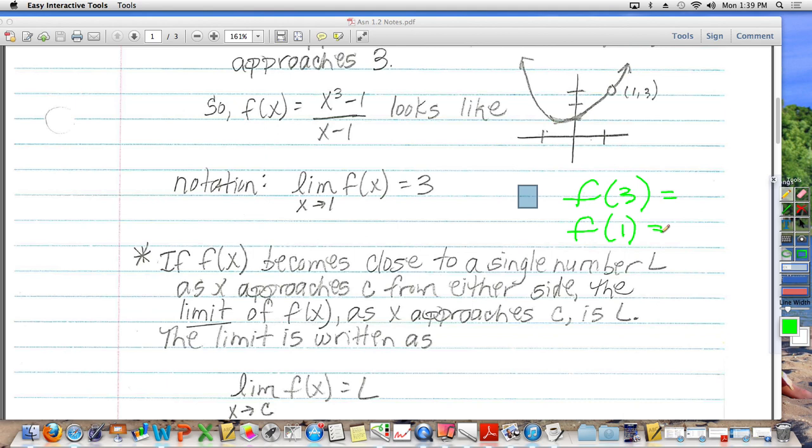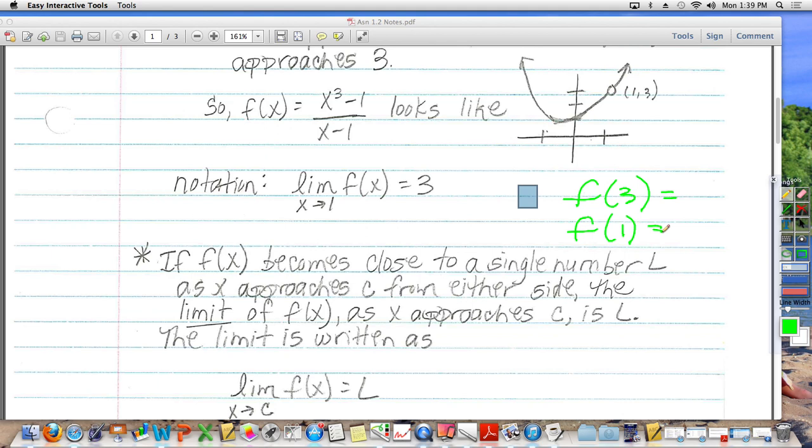But when I'm asking you to find the limit of something, I'm asking you just to tell me what's happening as you get closer to that x value. It might actually not get you a defined answer, but the question is what's happening as you get closer to it. What number is it approaching? So if f of x